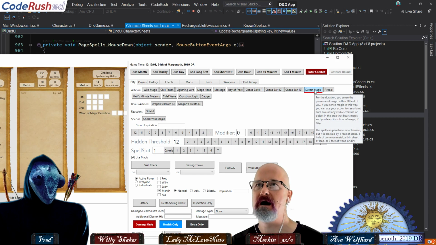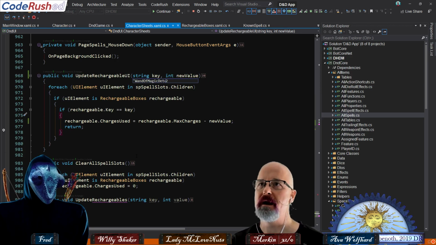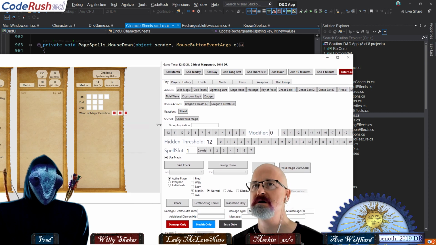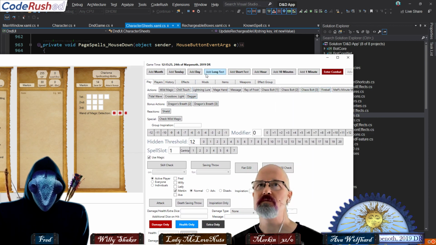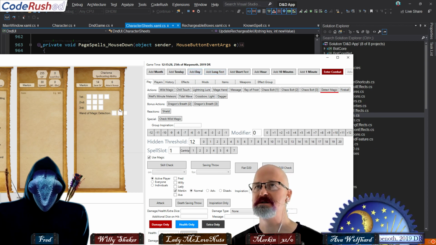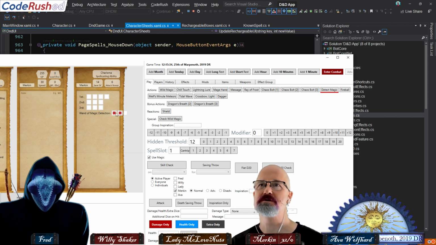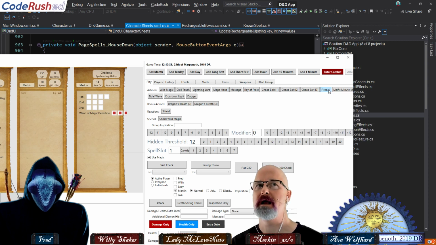Use it once now. And now what do we got? 2. Charges used is going to be 1. I'm going to run it and see what we look at. There we go. 2, 3, and it goes away because we've used all of those pieces right there. And then we add a day, and it's reset. Now I can also manually add them or subtract them by clicking the UI. And now if I do it one more time, it should go away.